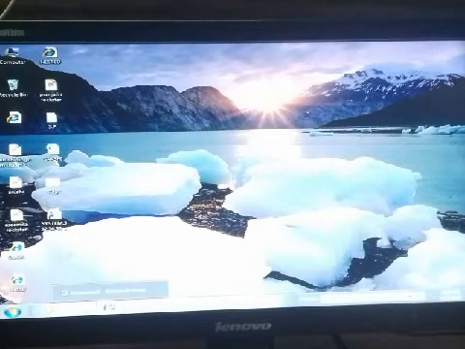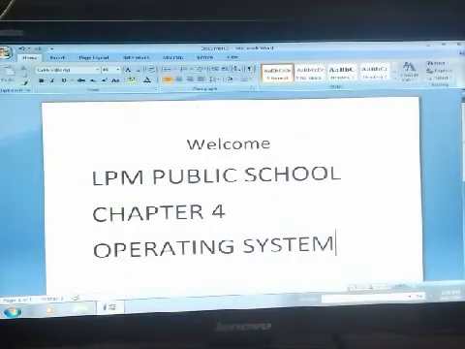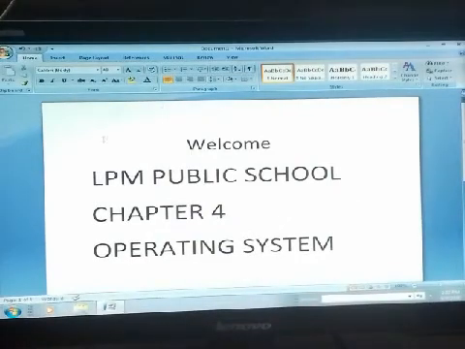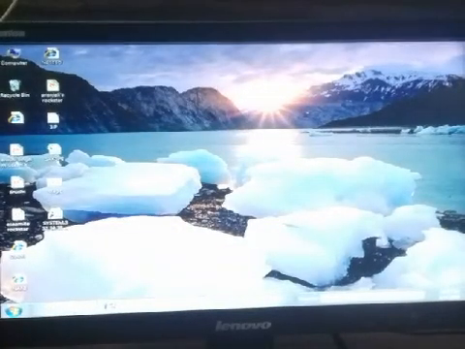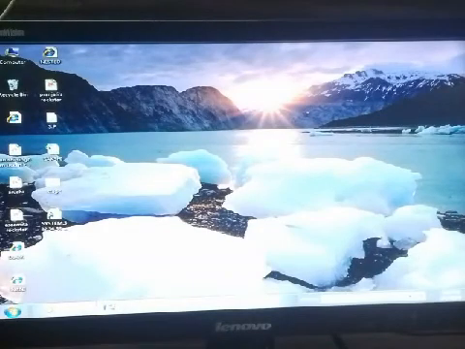I am going to maximize this application, MS Word, and look here students, when you click on the show desktop button, the open program will be minimized and your desktop will be active like this. I have clicked here and the MS Word document has been minimized. This is the use of the show desktop button.